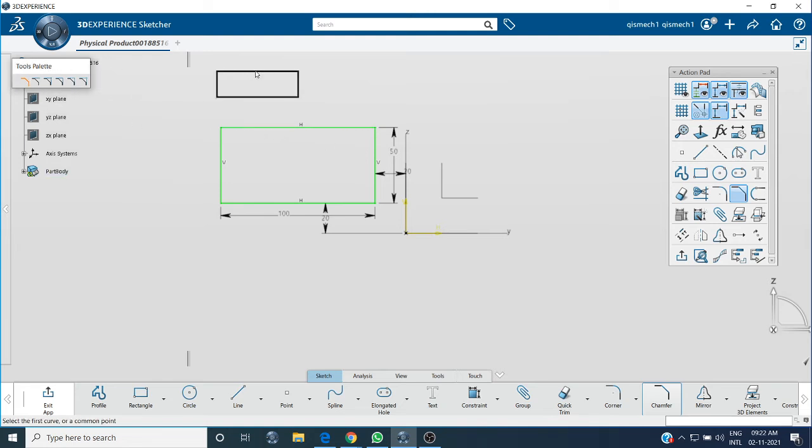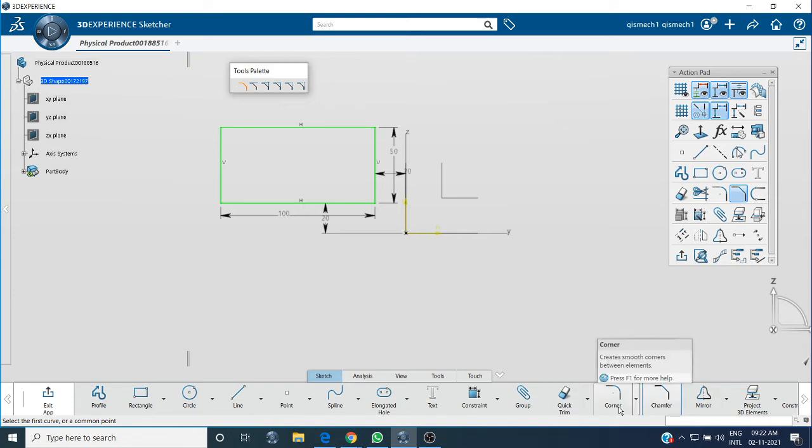Chamfer also has different types: one is trim all elements, one is trim first element, then no trim, standard line trim, trim the two elements until they are in intersection, then construction line, no trim. I think I had already explained many of these options in corner. It is similar to that, so I will only choose don't trim all elements.